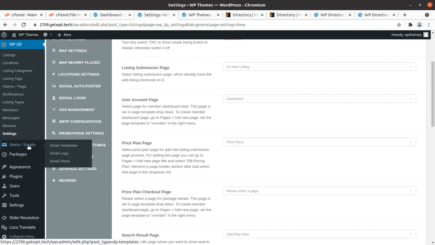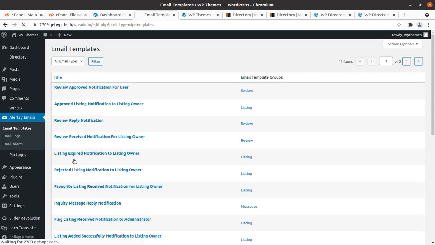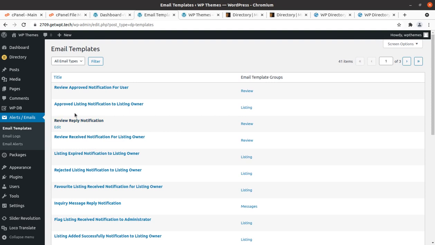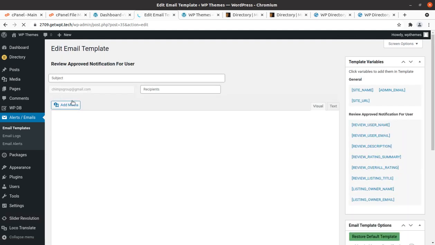And next, we have completed the WPDB now, and next are the alerts and emails that we need to send and get for notifications and all the listing-like features. So listing messages, and it can again be handled, and the content can be edited using this screen.